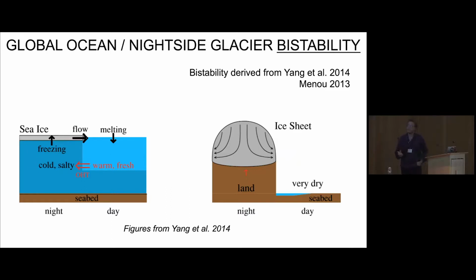And one of them is possibly if you start with a planet with all water trapped on the night side, because it's easy to accumulate water as ice on the night side, you could accumulate a lot of it. So this is the first configuration that could be stable, here on the right, where all water is trapped on the night side as big glaciers.